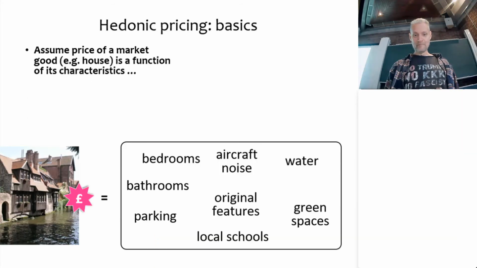Now, if you buy a house, as I said in the beginning, you do not just buy the house, but you buy its environments as well. So, if you are on the market for this house here, you do not just get that it has 4 bedrooms and 3 bathrooms, and that it was built in the 1700s, I'm guessing, and has a very low energy rating. That is not just what you buy, but you also buy the fact that the house sits on this canal,